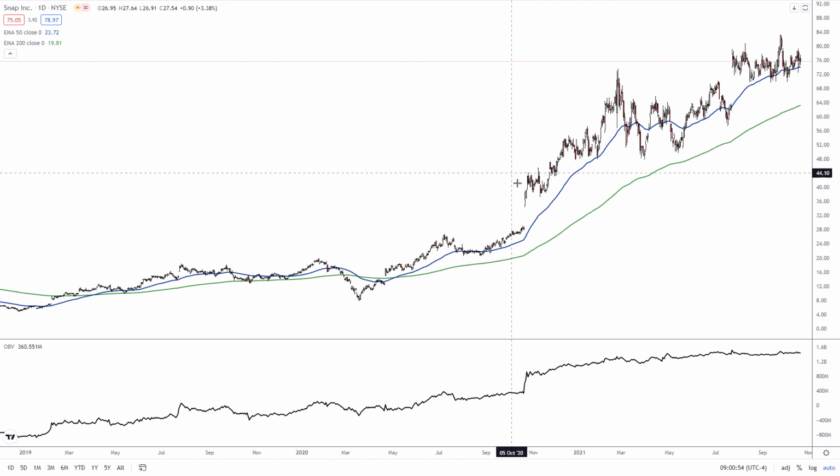I can see from some very nice price action, but they may have to beat by a fairly wide margin this time in order to break this high up here in the low 80s. So there's a lot of volatility heading into the move. As you can see, prices are right about in the middle of the trading range, and there's a 12% implied move, which suggests we could get a sell-off into the upper 60s or a rally into the mid 80s after the